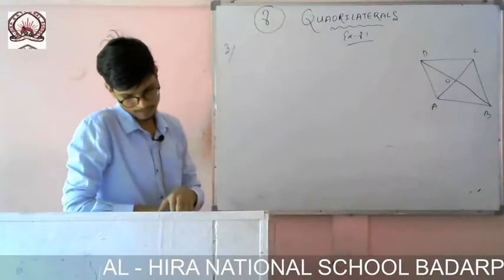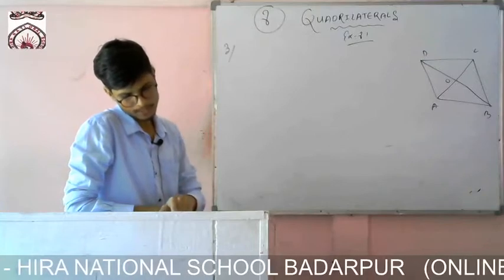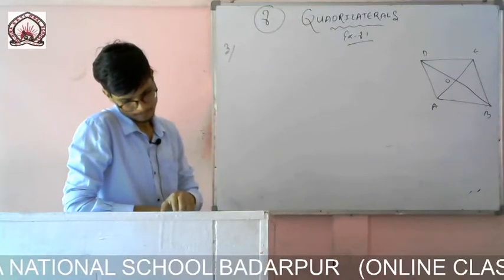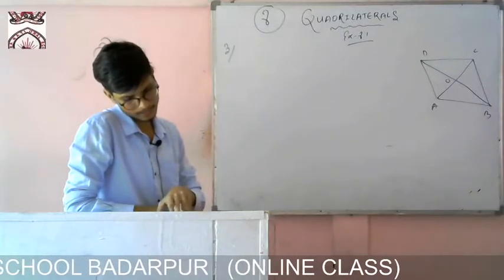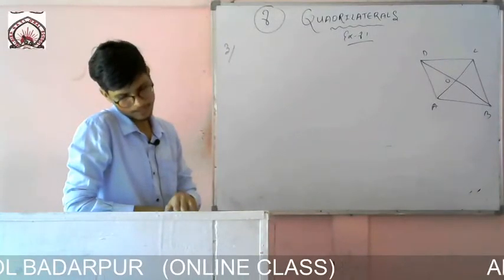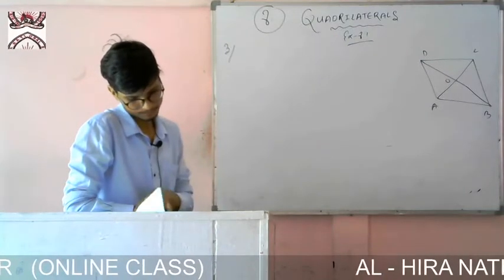So what is given here, that they bisect each other at right angles. So I have to show that we have shown that the diagonals of a quadrilateral bisect each other at right angles. Now, if they bisect each other at right angles, then I have to show that it is a rhombus.